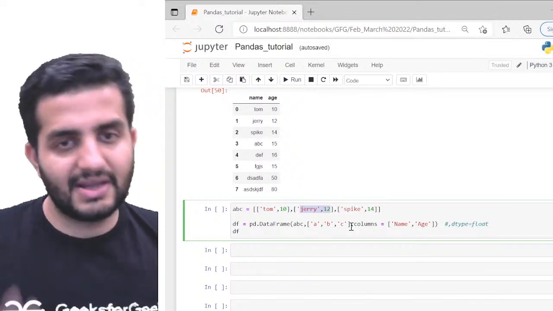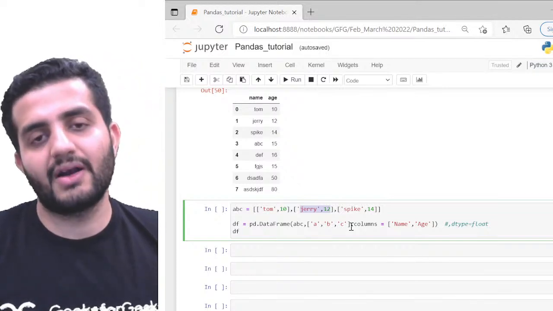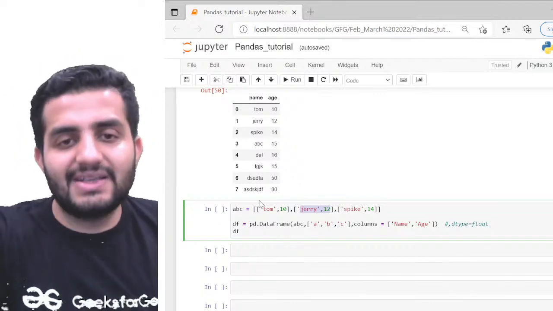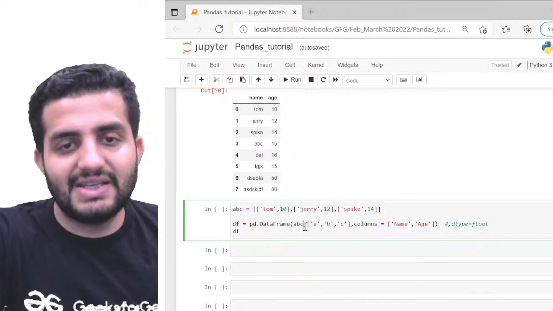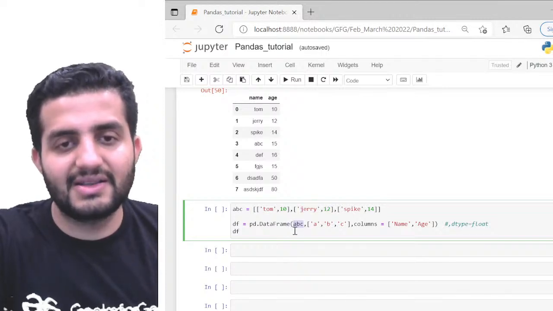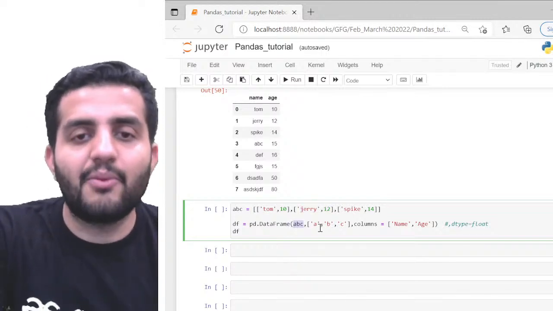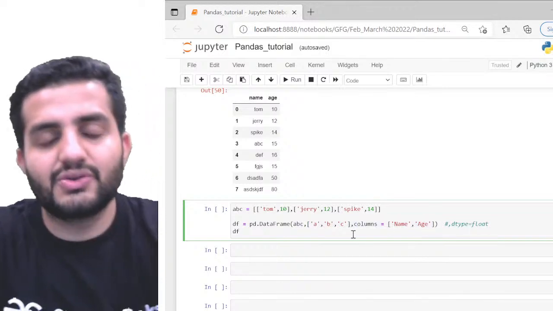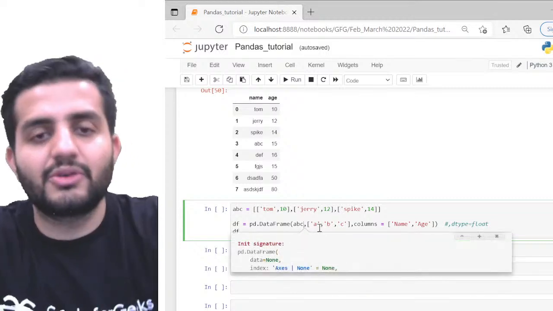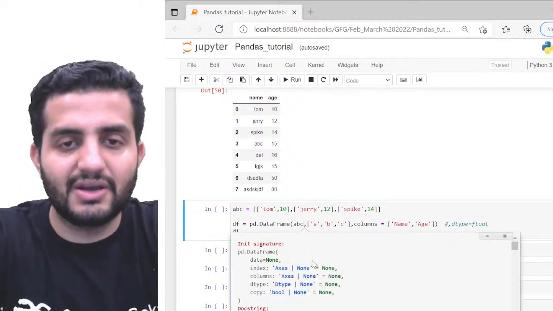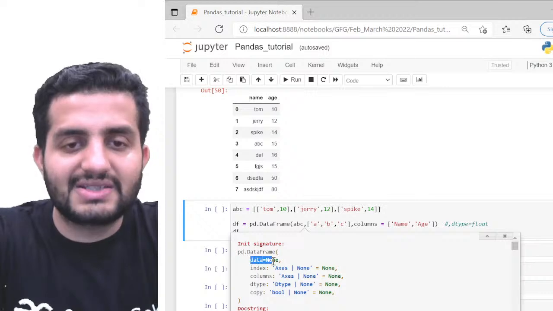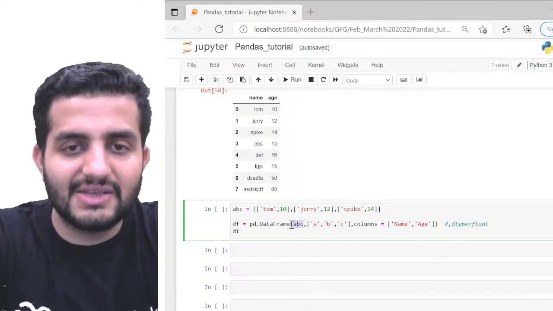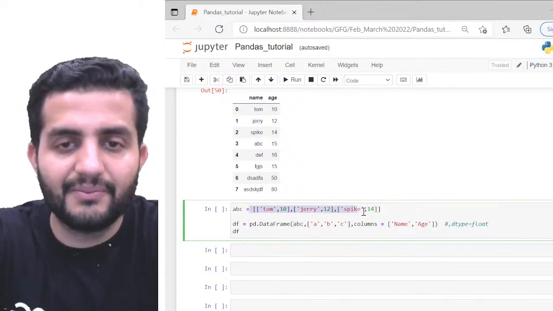Okay. Another interesting way of creating the data frame here, right? Here what I'm doing is passing the list of lists in the form of ABC. You can see I'm passing this ABC, and then I'm also passing some other different arguments here, right? What are these arguments? Just go back to the documentation and see how exactly I'm passing it. Here you can see my first argument is data. Since I'm not specifying the name of my argument, by default the first argument, this ABC, would become my data.